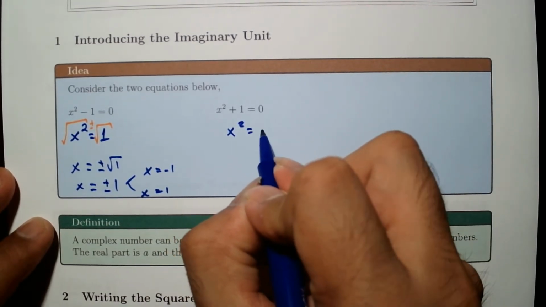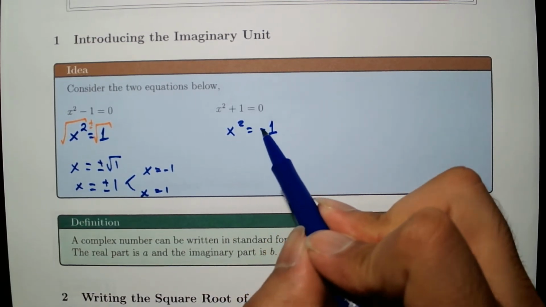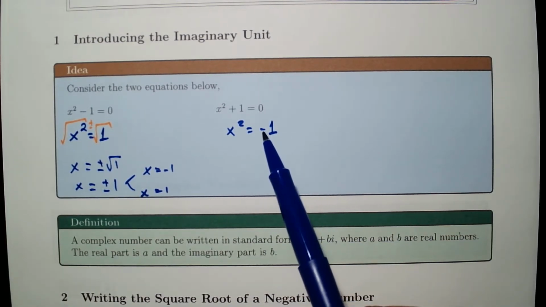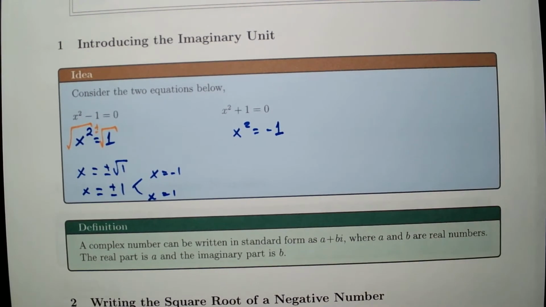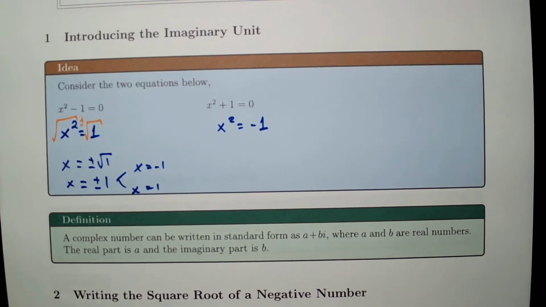Now let's look at the second case. So x squared equals -1. Just from here, without solving anything, let's think about what quantity squared equals -1. As I mentioned a few times in the previous section, when you square a number, whether it is a positive number or a negative number, the answer is meant to be a positive number. There is no way you can just square a number and get a negative number. That is, in a way, impossible, if you will. However,